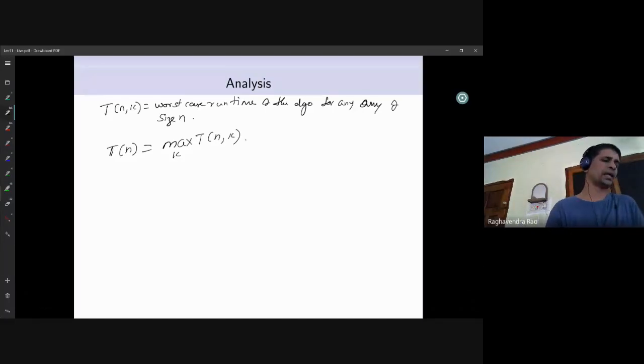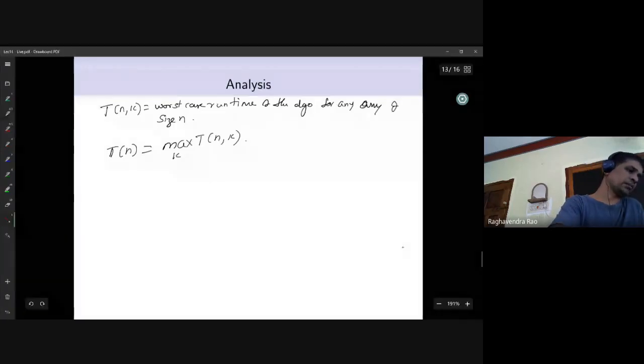So now let's set up a recurrence. There are multiple reasons why we take this maximum over all k. For a given k, I'll be using several other values of k in the recursion, right? One is n by 10, for the median of medians, and in the second case, the size of L or the size of R, depending on the size of R and k. So that is why we always take the maximum, which is the safest bet.